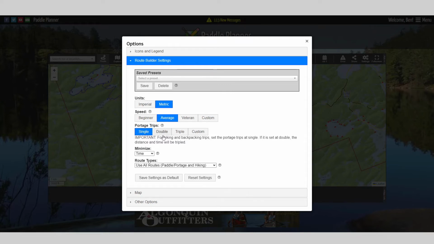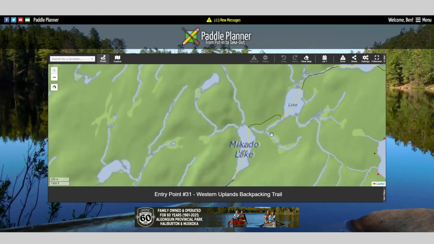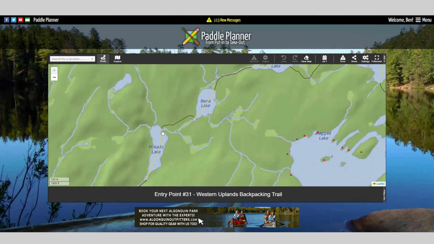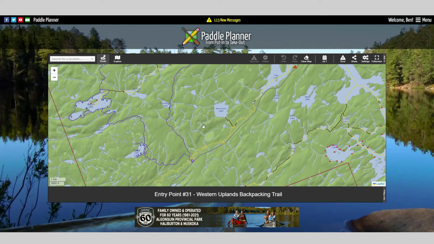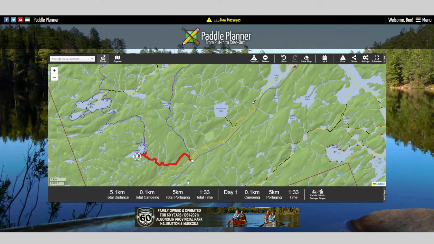If you are double portaging, that means you go, let's just look at a portage here. For example, if we zoom in on this portage, double portaging means you're actually taking 3 trips across the portage. 1, drop off that load, go back to get the second load, and then carry that last load across. So that's 3 times across. By default, this map is set at double portaging, and it treats portaging and hiking the same. So if we try to just by default go here from the entry point or the access point over to this campsite, it is actually going to triple up the